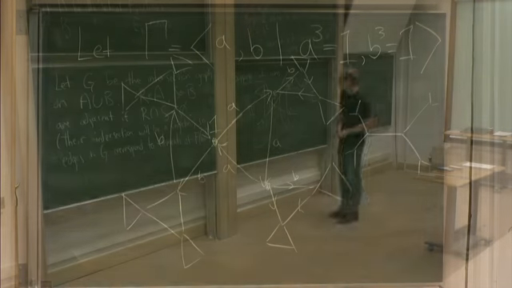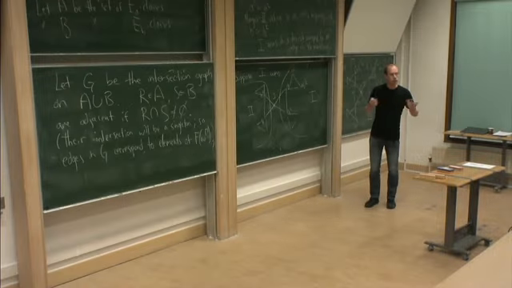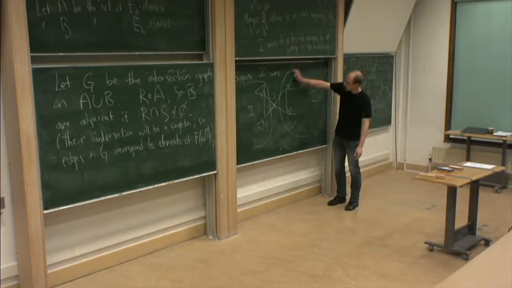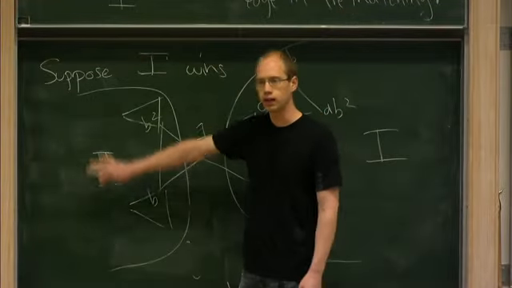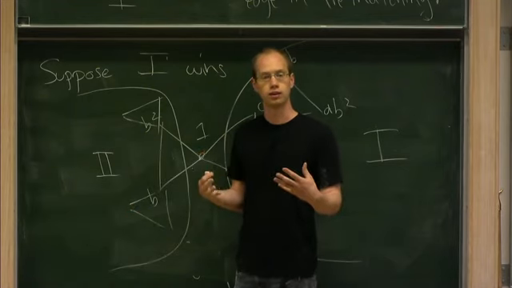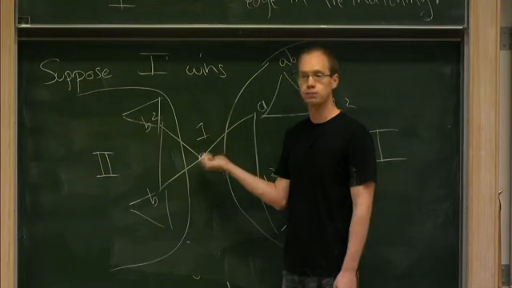Okay. So suppose 1 wins. I mean, what you should think of is that if we allow the strategy of 1 to act here on words beginning with powers of A, no matter what we do here for player 2, and we can control what happens there, this point corresponds to an unmatched edge.